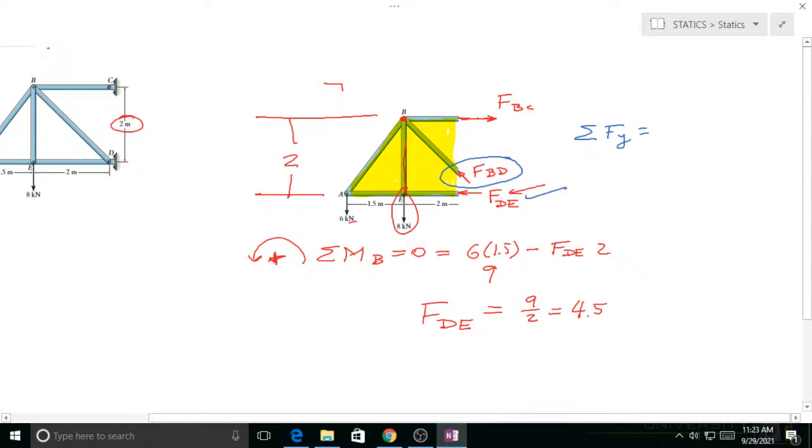Now I'm looking for the next one. The advantage of doing it this way is that when I'm doing this next one, it doesn't depend on whether I did the last one the right way or not. If I don't use this number in the next calculation, I don't propagate my errors through it. So the sum of the forces in the y, I'll just make that positive. That makes that -6 and then -8. Plus, okay, now they've got,